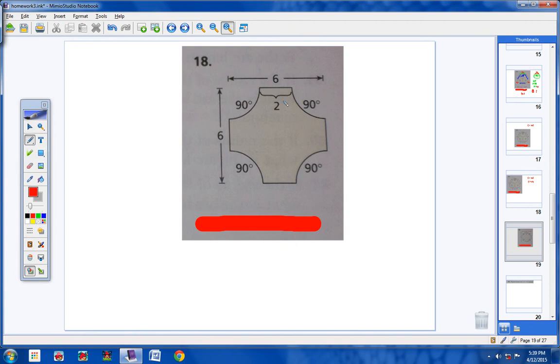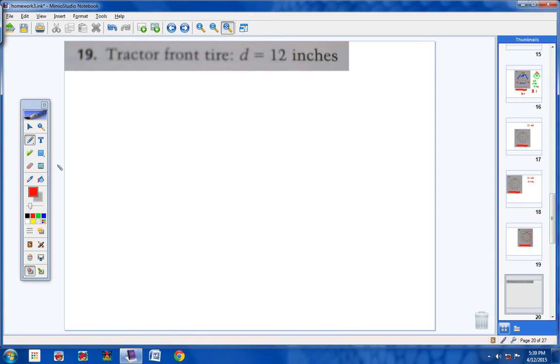Okay, now watch. We know we're going to have a 6 right here and a 6 right here. Actually, that's incorrect. I apologize. 6 is referring to the entire height. This right here is 2. Okay, so I know I've got a 2 here, a 2 here, a 2 here, and a 2 here. Now, all that I have to do, students, if you'll watch this carefully, is just simply